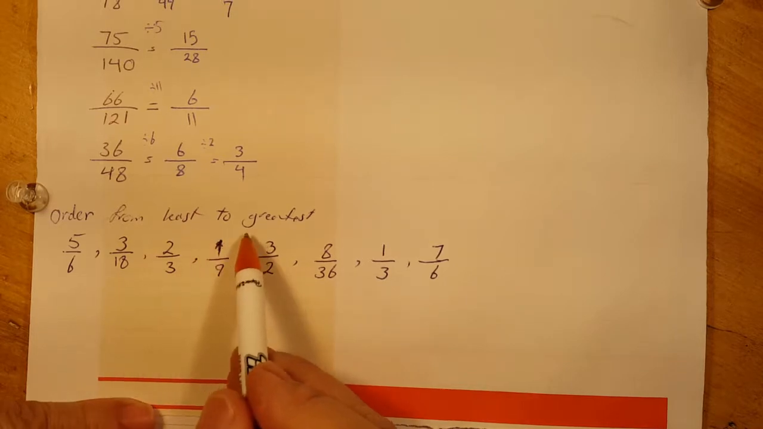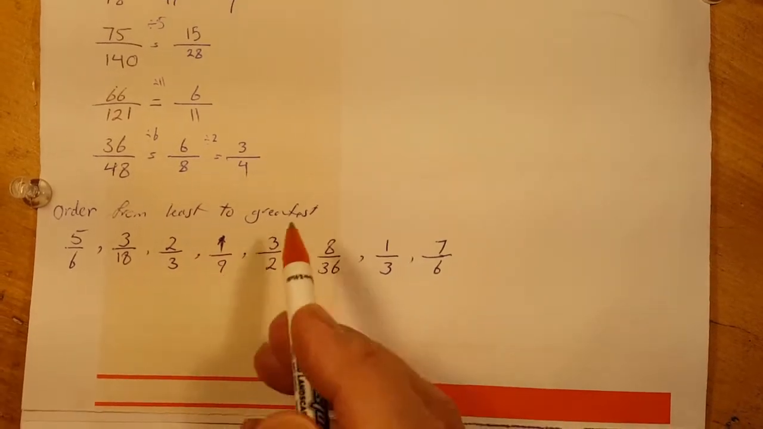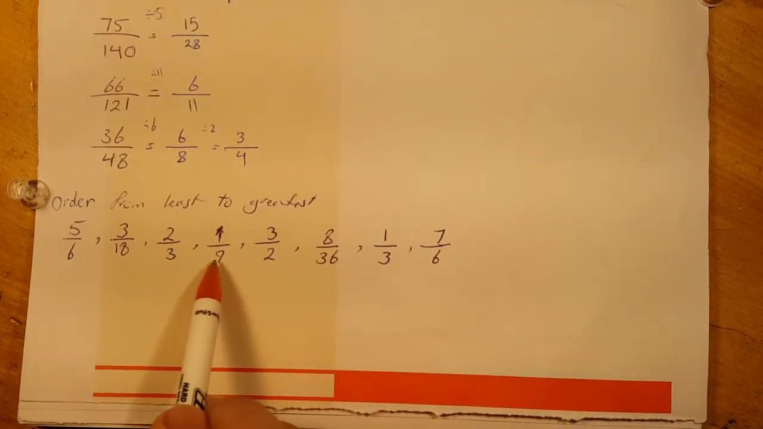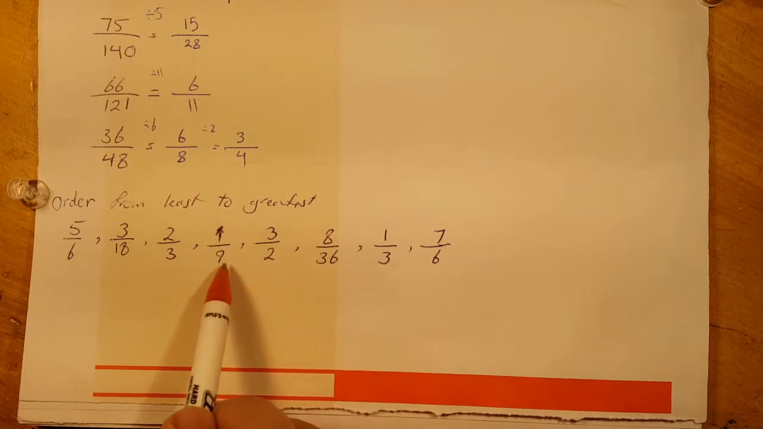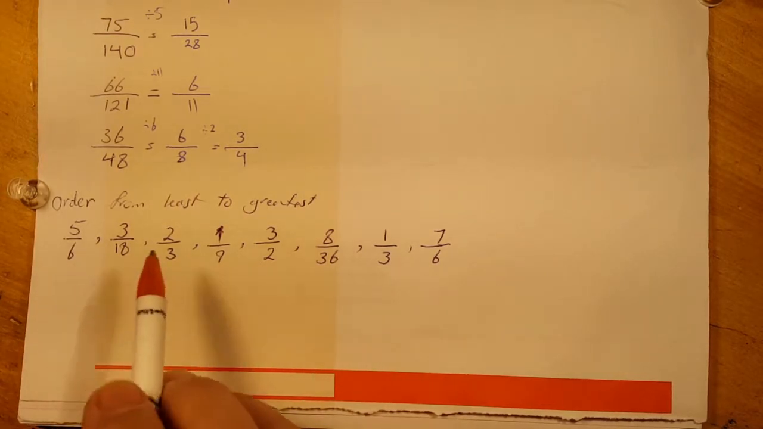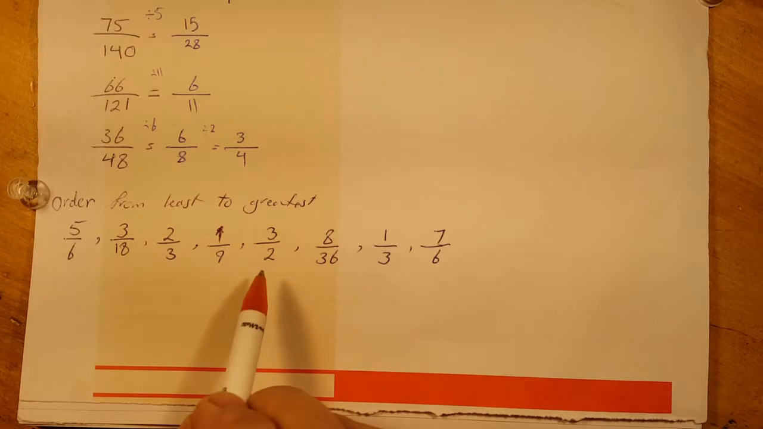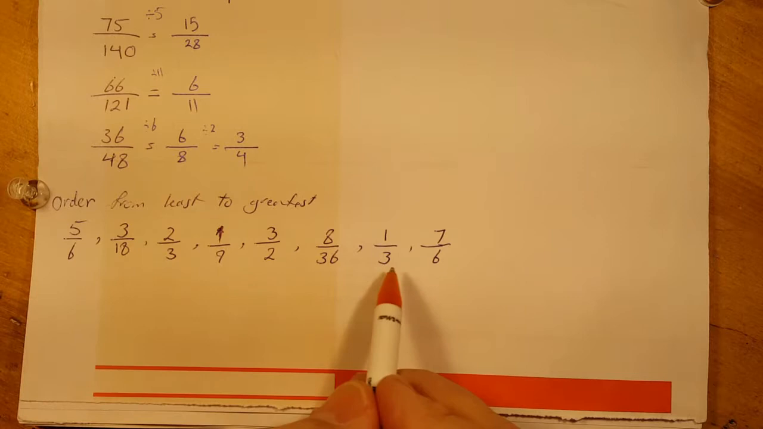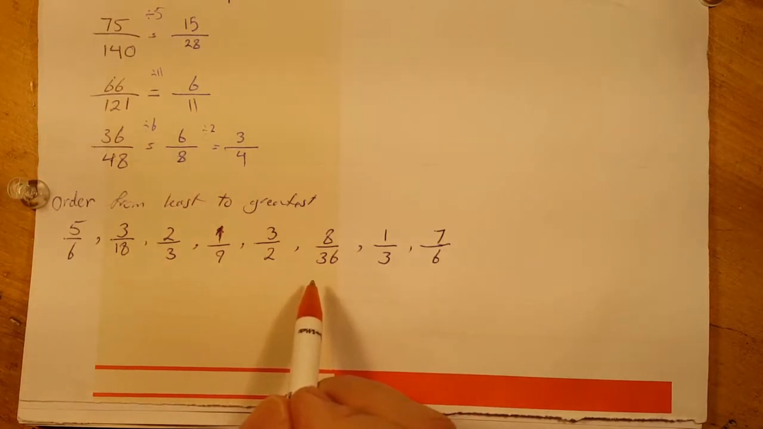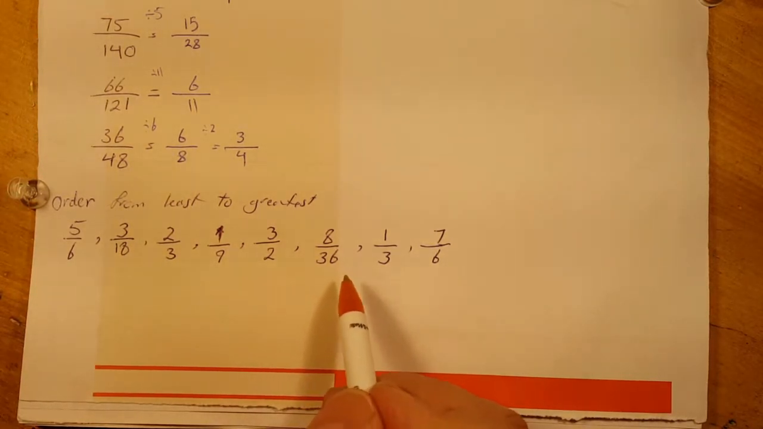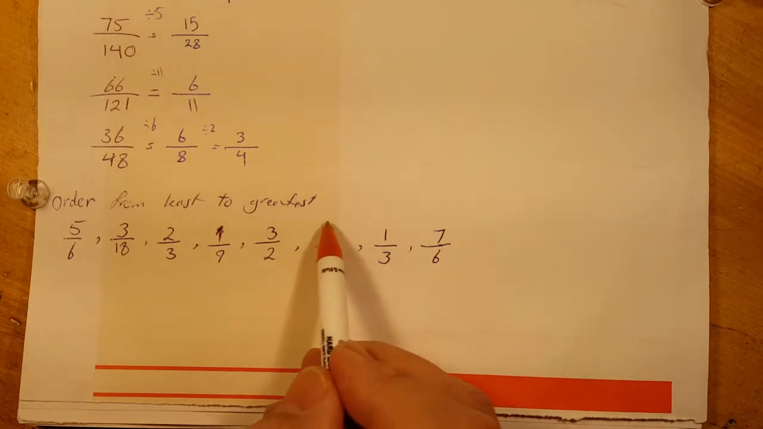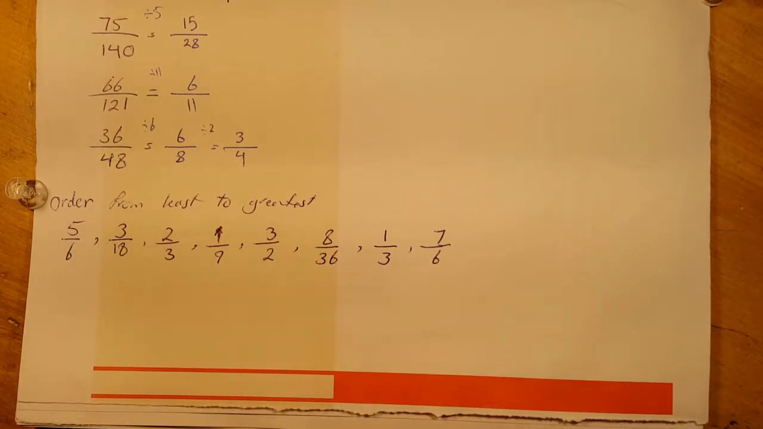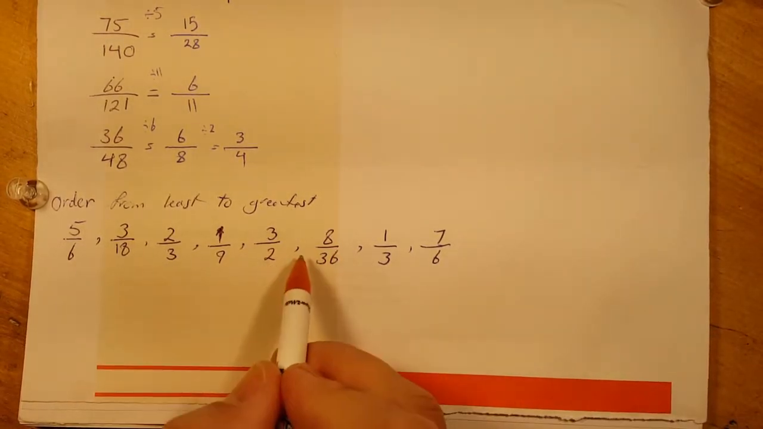Order from least to greatest. Okay. In this kind of question, if we look at the fractions, we see they have different denominators. The best way, the safest way to compare fractions is when they have the same denominator. When they have the same denominator, it's very simple. The numerator is bigger, so the fraction is bigger. The numerator is smaller, the fraction is smaller. But first we have to